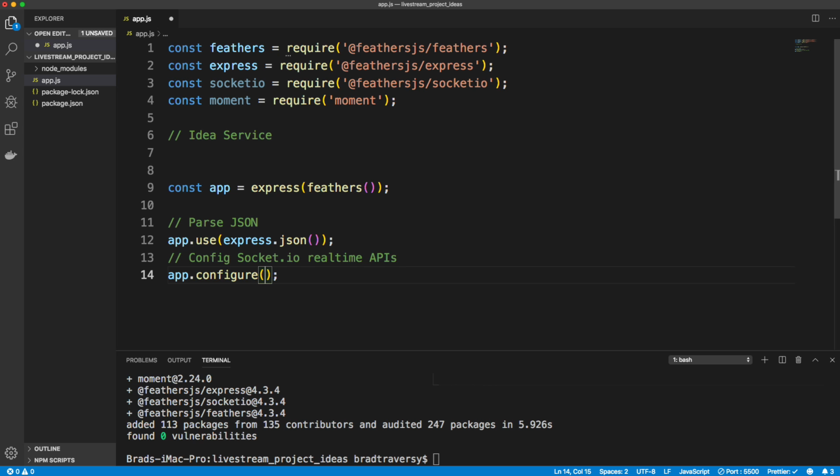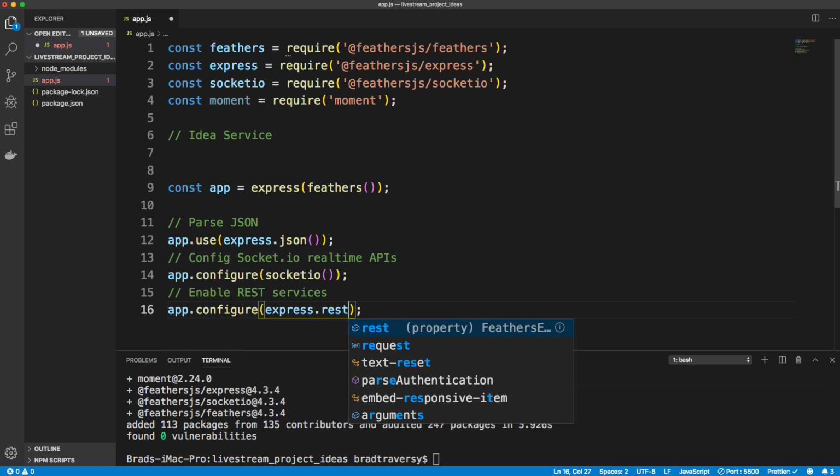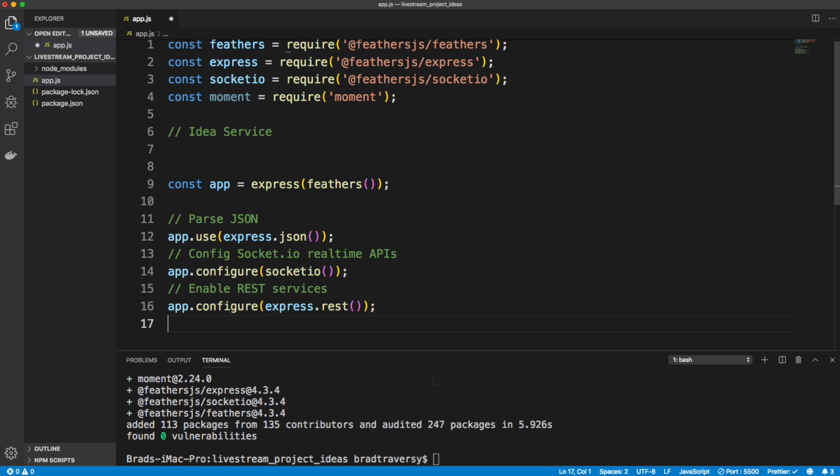And we can just pass in here socket.io like that. Okay, another thing we want to do is enable REST services. So I showed you when I went to localhost 3030/ideas. In order to be able to do that, to have those RESTful API services, we have to do app.configure and then express.rest(). Okay, and then finally we need to register our service, which we haven't actually created yet, but let's